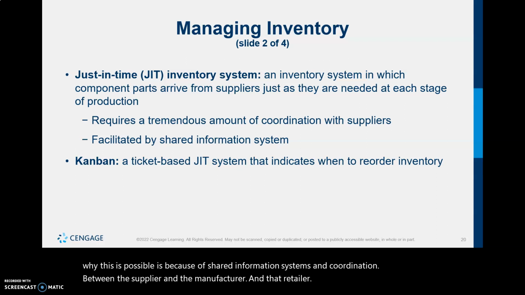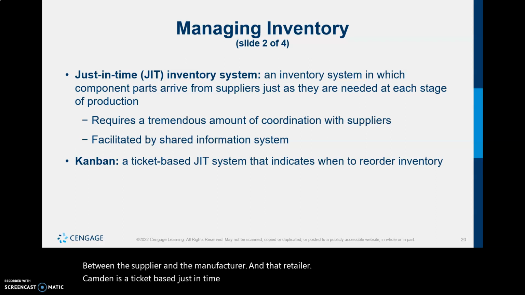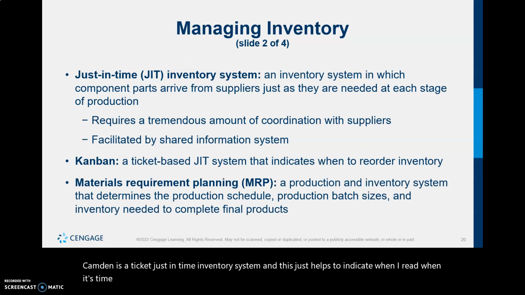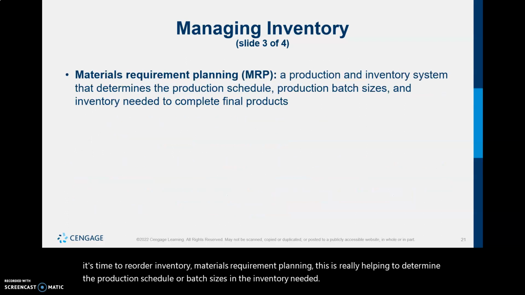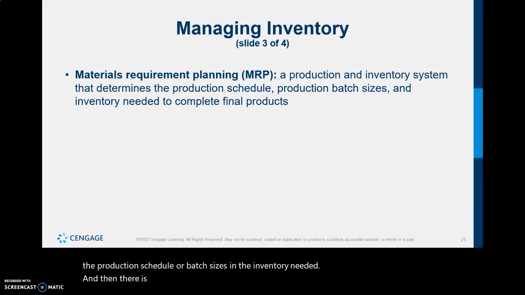Kanban is a ticket-based just-in-time inventory system, and this just helps to indicate when it's time to reorder inventory. Materials requirement planning is really helping to determine the production schedule, our batch sizes, and the inventory needed. It's a production and inventory system to look at a production schedule, our batch sizes,